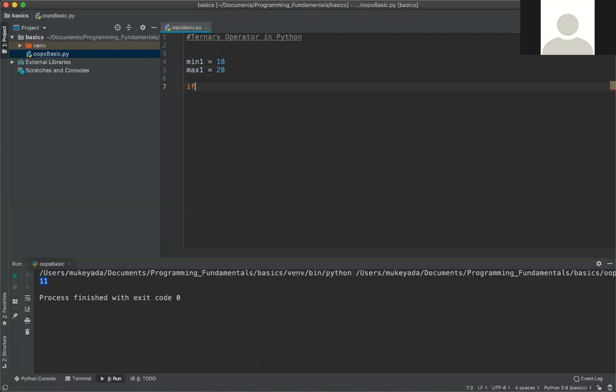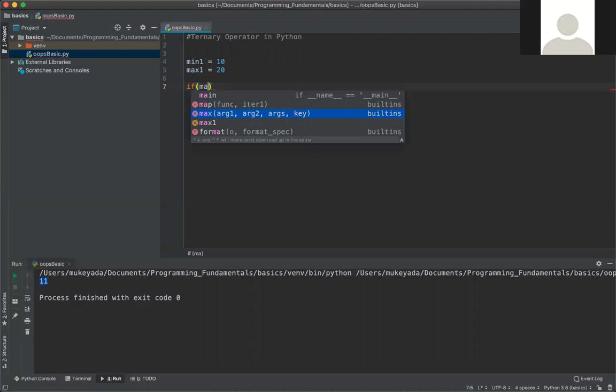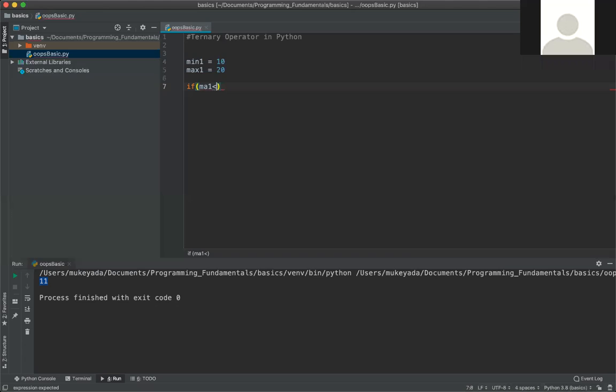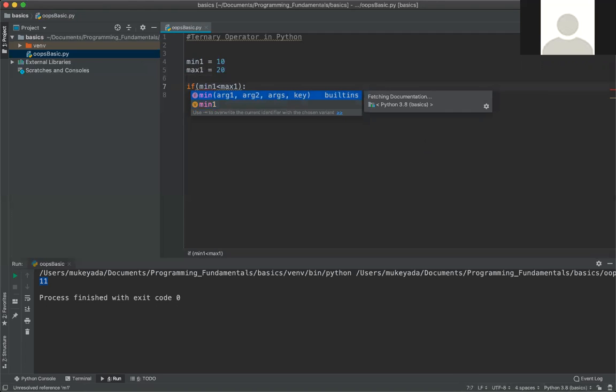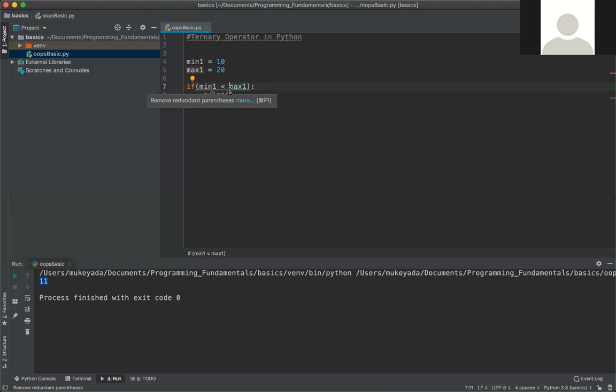So if I write the if condition, I can say if min1 less than max1, then directly we can print min1, else we can print max1.